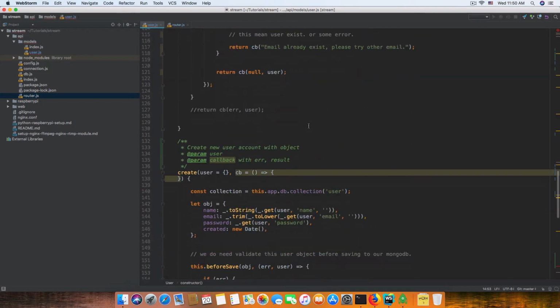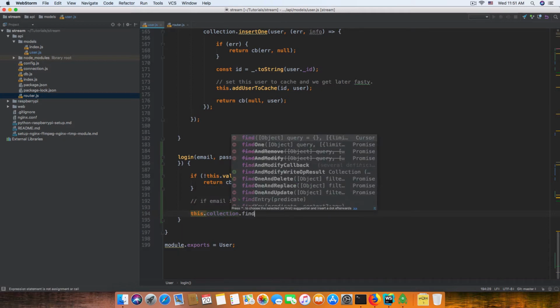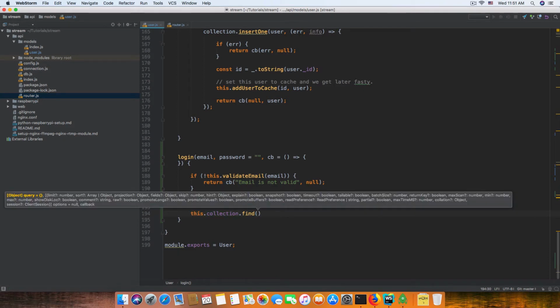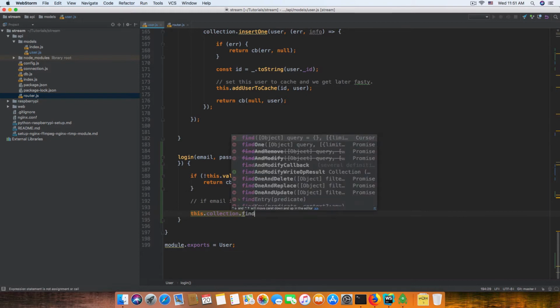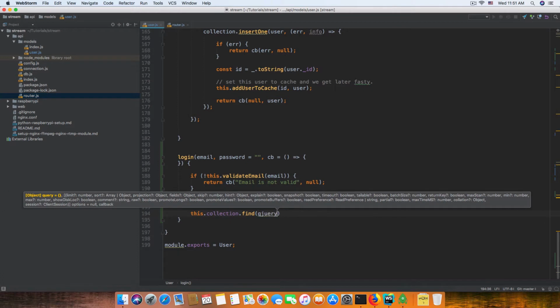So that means in the login function we can do by this collection dot find. For example, dot find. In this case, I recommend find1, maybe find1 query, find1 or find. For now, let's find. And which query,